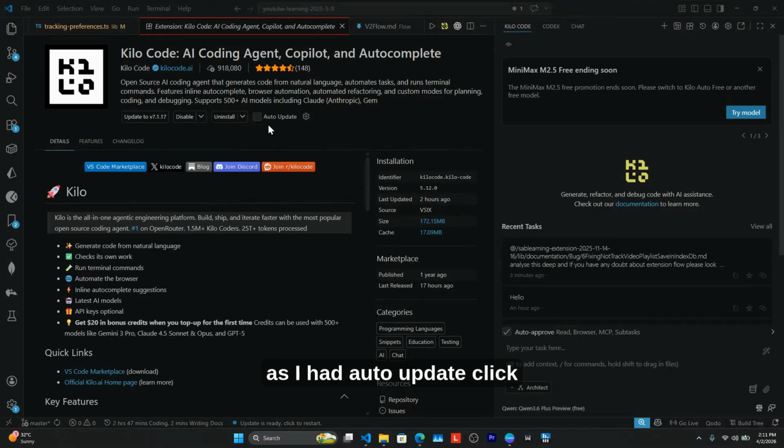As I had auto update clicked in the past, last night my Kilo Code version updated to version 7, and in the morning I did not like version 7. It was confusing for me, so I want to go back to version 5, a previous UI version. So I did research and found out that we can go to version 5